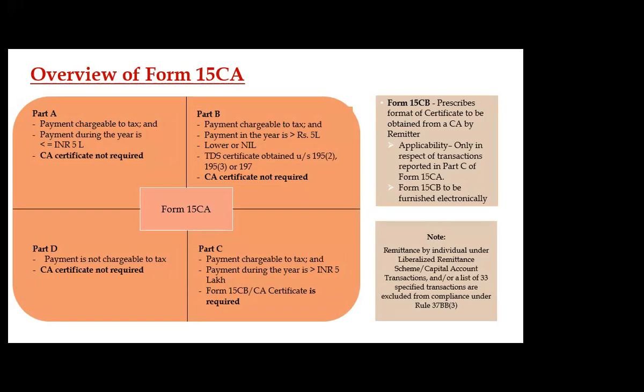Whenever there is any sum chargeable to tax and the amount exceeds 5 lakh rupees, then part C 15 CB has to be issued. 5 lakh is per resident. Just to be sure, qua non-resident, co-assessee, I would say rather. So now we are saying that part A is issued up to 5 lakhs. If he crosses that limit with a sum chargeable to tax, in part C he has to issue 15 CB.